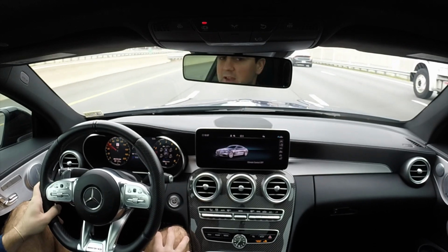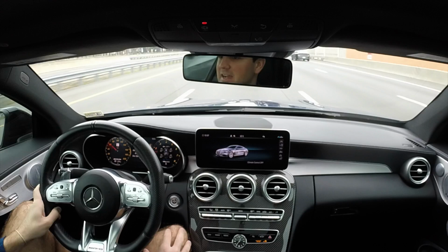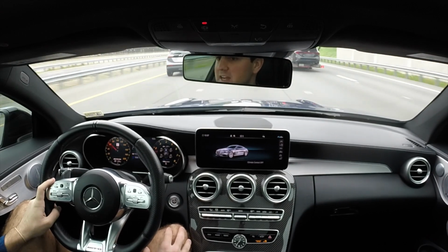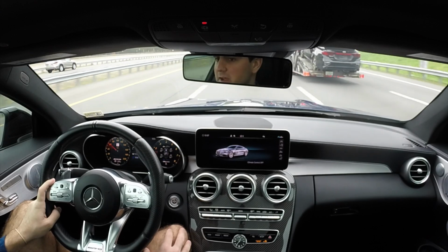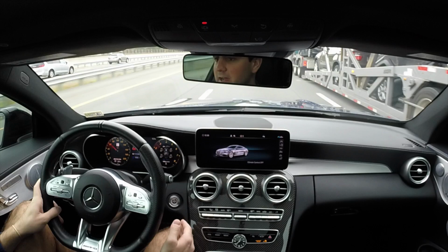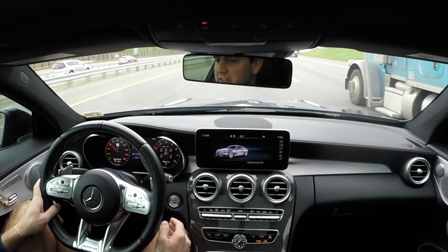One thing I did want to point out to you guys is something that I've noticed with this car, and like I said in the intro clip, I owe you guys kind of a full driving impression video of this car. But if you're just kind of sitting on the highway in ninth gear, and we're in comfort mode, if you give this car the slightest kind of throttle input, it drops like 3 gears, which is like the craziest